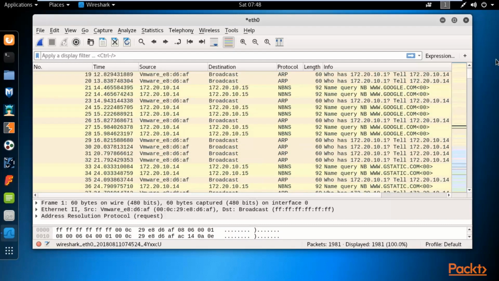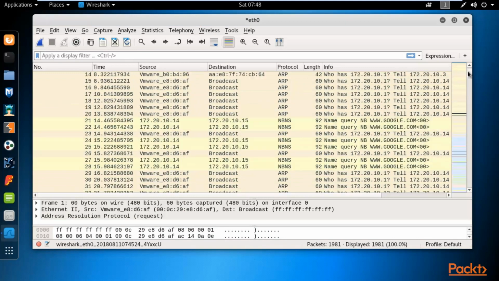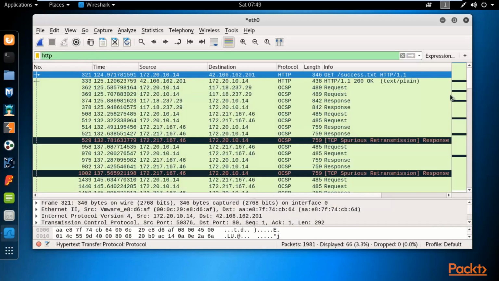Right, now we need to select which packet contains the username and the password. So we need to use a filter to find out. For example, in the filter you can type HTTP and hit enter, because we were using an HTTP website, and here there are still so many HTTP packets available. So we need to find out which one is useful for us.